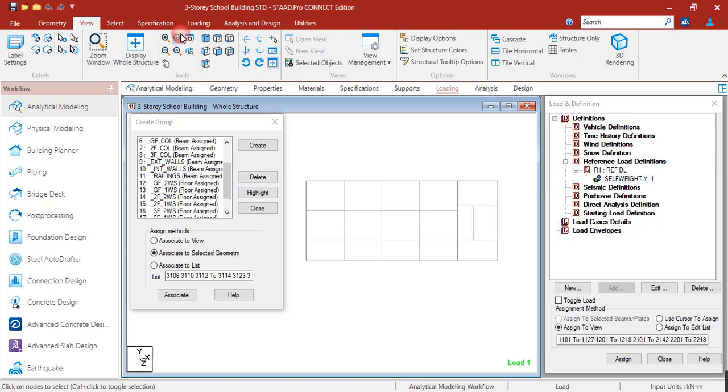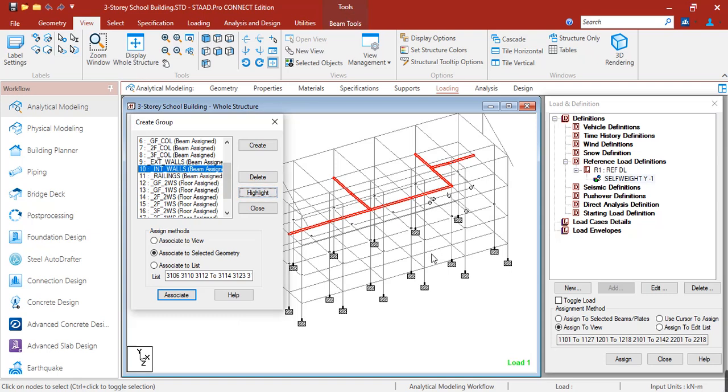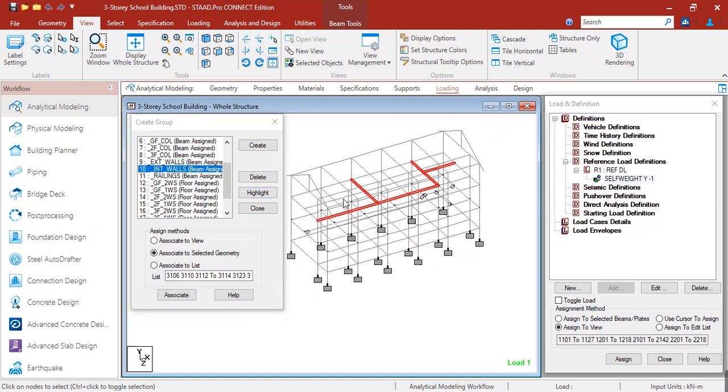If we go back to our 3D model and click interior walls, the highlighted interior walls are only associated with the selected beams for the ground floor only. So what we need to do is to select all the interior walls for all the floor levels.